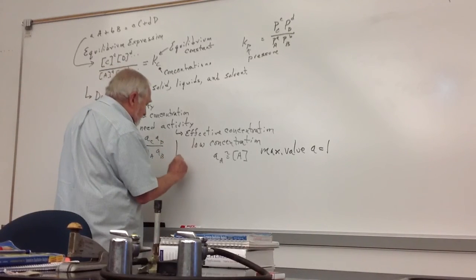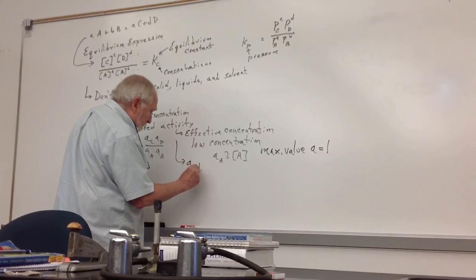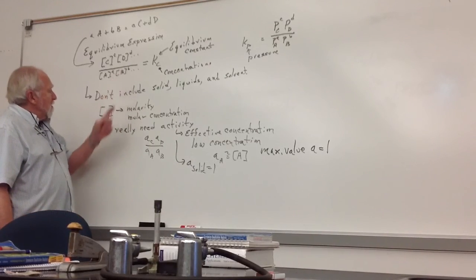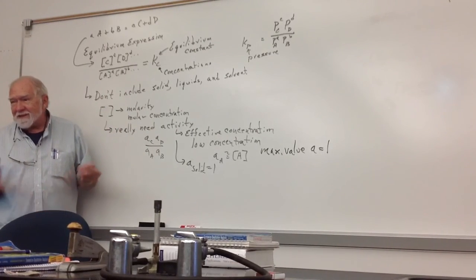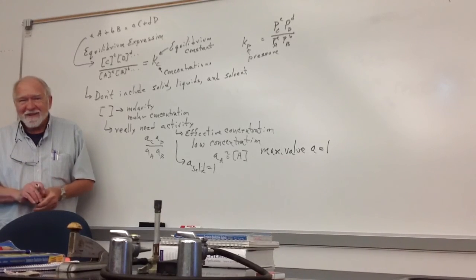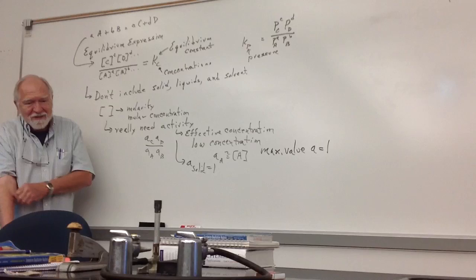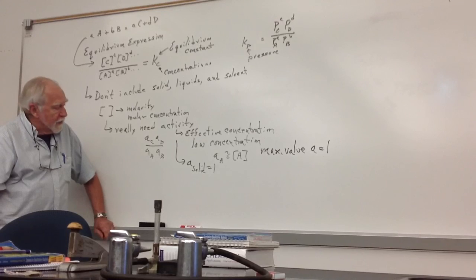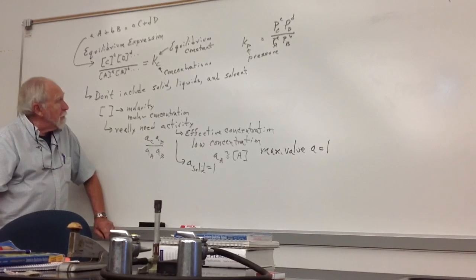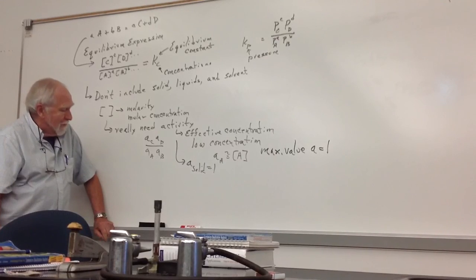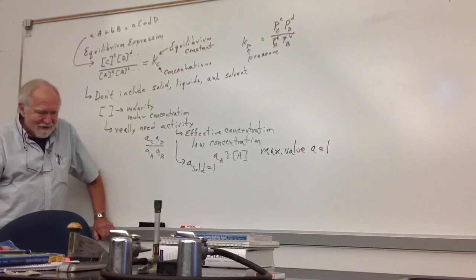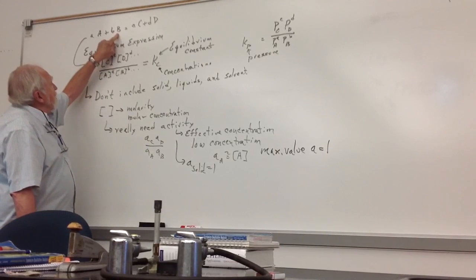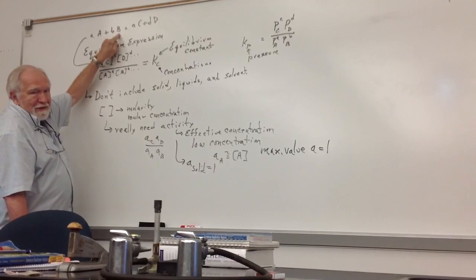So for solids and liquids, I'll just write one of them, the activity equals 1. That means if you put 1 to the 5th power in this expression, what do you end up with? 1. So you don't bother putting it in. So when there are solids or liquids in the equilibrium expression, and that's also true for pure liquids, the activity is 1. Then you don't bother putting it in, because raising 1 to any power is still 1, and it doesn't affect your calculations. The only thing that has to be true is that if there's a solid in the reaction, and there's no solid present, then you can't have an